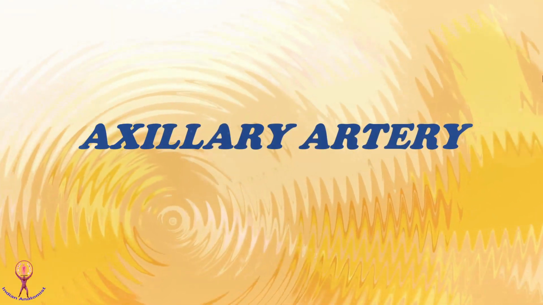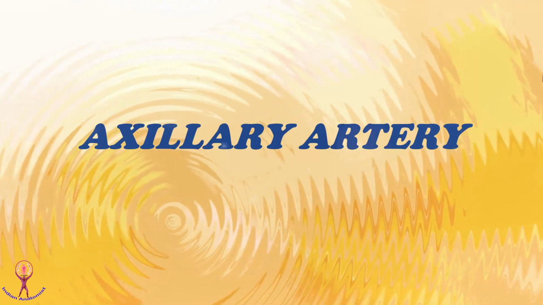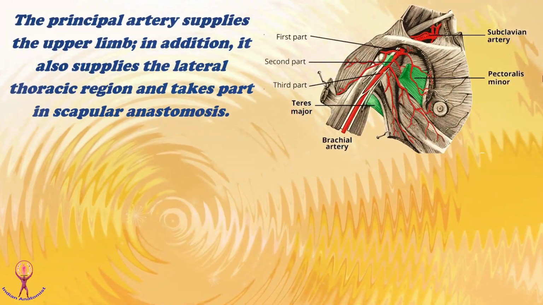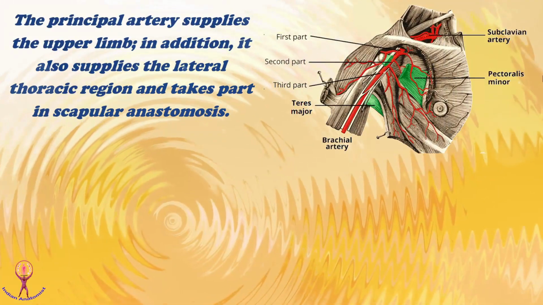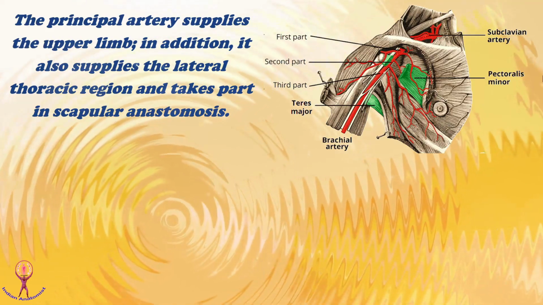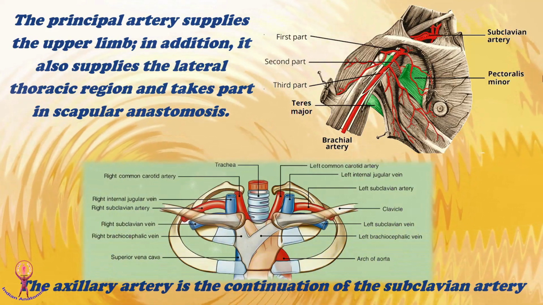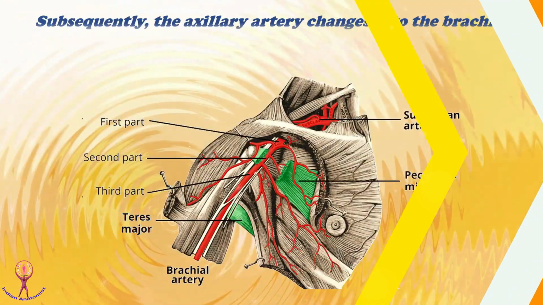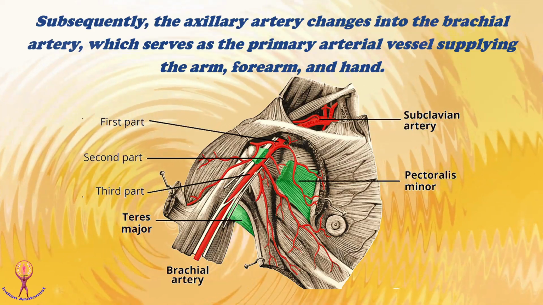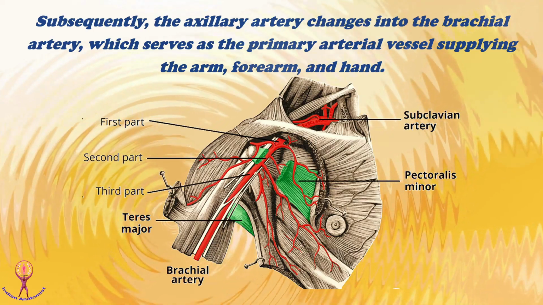Today we are going to talk about the axillary artery, which is a part of the upper extremity or upper limb. The axillary artery is the principal artery that supplies the upper limb. In addition, it also supplies the lateral thoracic region and takes part in scapular anastomosis. The axillary artery is the continuation of the subclavian artery. Subsequently, the axillary artery changes into the brachial artery, which serves as the primary arterial vessel supplying the arm, forearm,